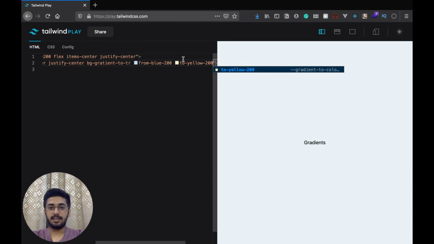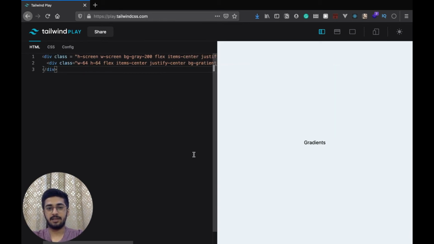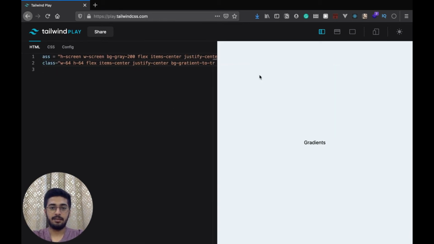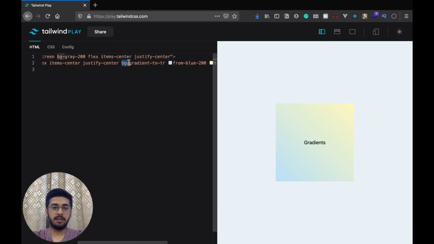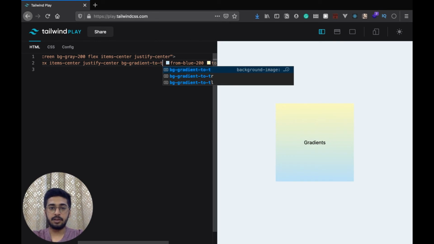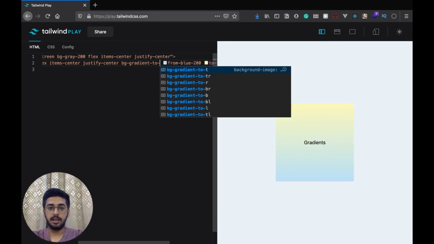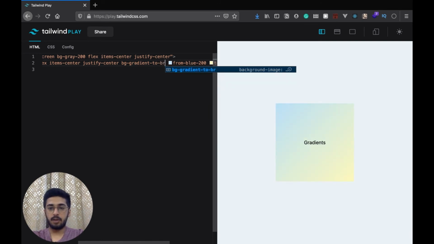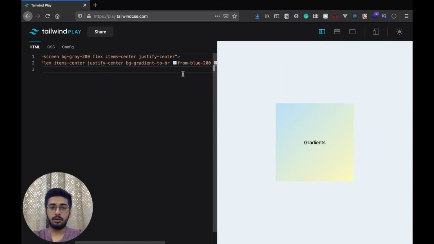And I really like this auto completion thing as well. It's pretty handy. I misspelled this, so no, it's not gradiant, it's called gradient. And as soon as I typed it correctly, you can see we have this gradient over here. So to recap, you have to add bg hyphen gradient hyphen to, and then after the hyphen you can specify the direction. So if I take away the R, it will be towards the top. I can say B, it will be towards the bottom. I can say L, towards the left, towards the right, towards the bottom right. So you can play around with all those values.